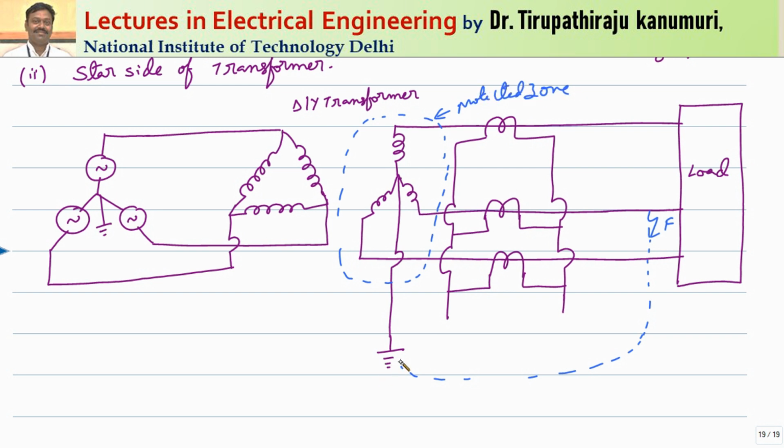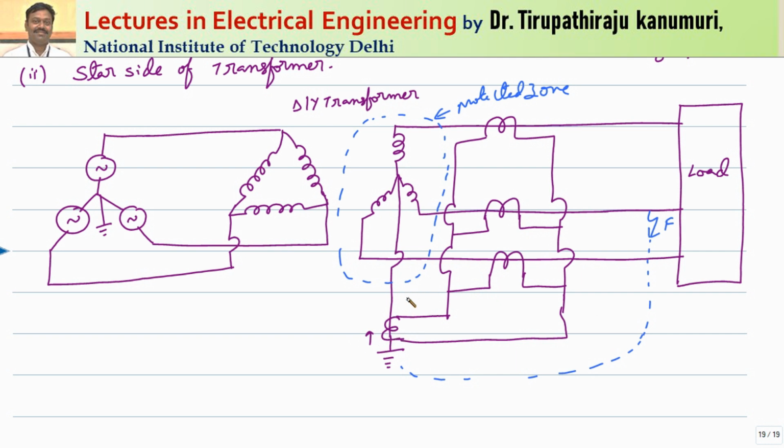So in order to overcome this problem, what we do is connect one more CT in the neutral point. So one more CT is connected here, and this CT will be connected like this. When this CT is connected like this, you can see whenever the fault happens, that fault is passing through these CTs and this fault is returning back like this. So that is detected by the CT also.